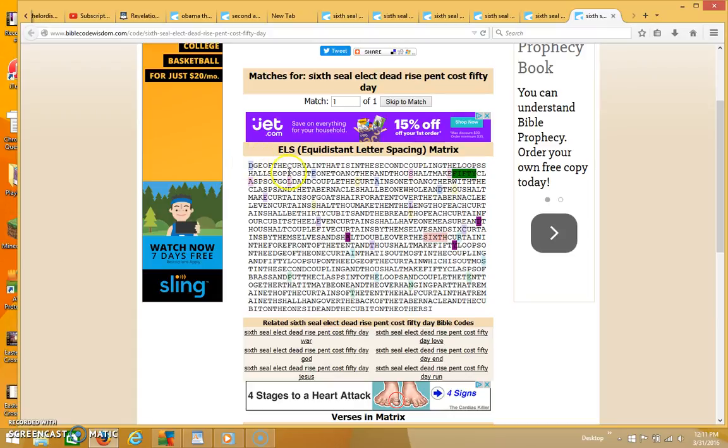In this one you have the word dead going this way in the same color as before, in the bluish purple. The letters D, E, A, D. You have seal in the pink again with the letters S, E, A, L, and it touches right against 50 over here. And elect is in the lavender, the letters E, L, E, C, T,